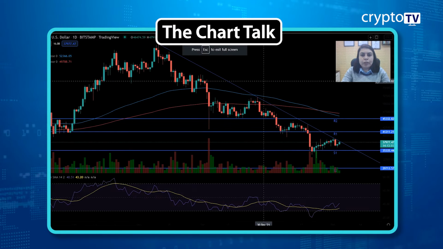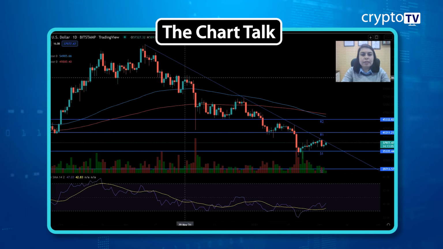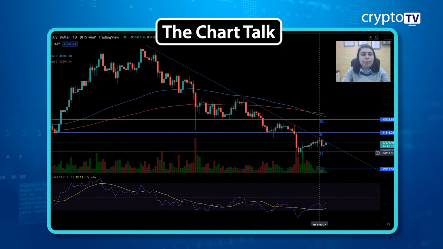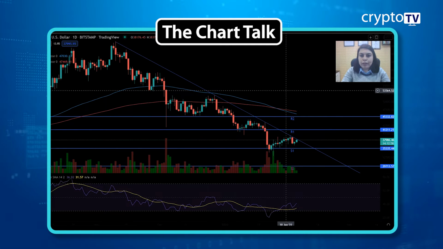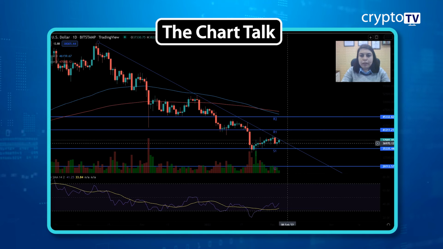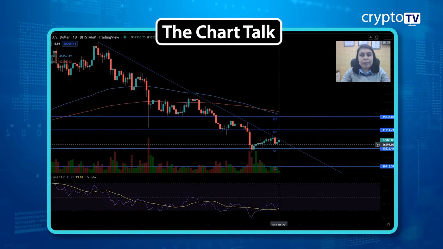Okay, if you look here, this is the daily chart and you can see this is the trend. This trend is basically a bearish trend, which is behaving very nicely on the chart. If you look closely here, this is the current candle for today, and yesterday it was up by 1%. Today the price is also giving somewhere around a 2% move as of now. So by the end of the day you might get clarity on what the trend is going to be for Bitcoin.